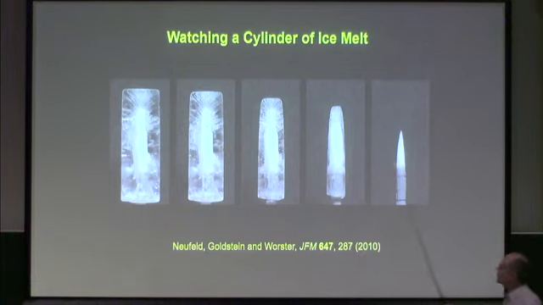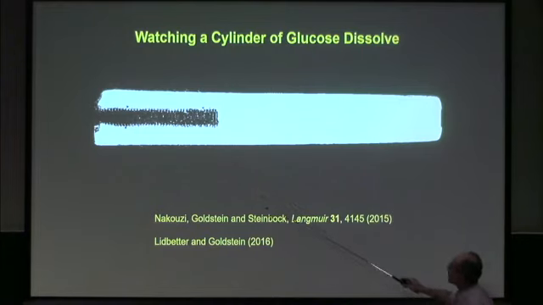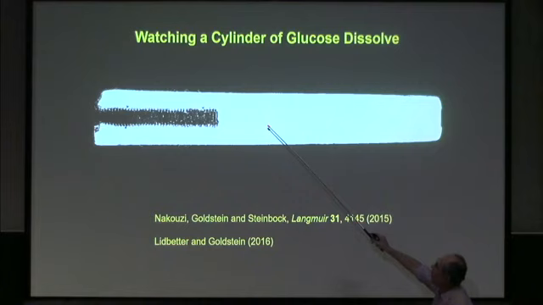And so this is actually a very interesting problem, which is still a bit unsolved, exactly why it forms that beautiful bullet shape. But when I presented this at a conference a few years ago in Leiden, Oliver Steinbach, who is a chemist in Florida, said to me, well, what if you didn't have melting ice, but suppose you just had a dissolving body, like a lollipop that you just stuck in water. And so this is a glucose cylinder stuck on its side here, but gravity goes that way, which we've redone in the lab following some experiments that Oliver and his student did on this very same problem.